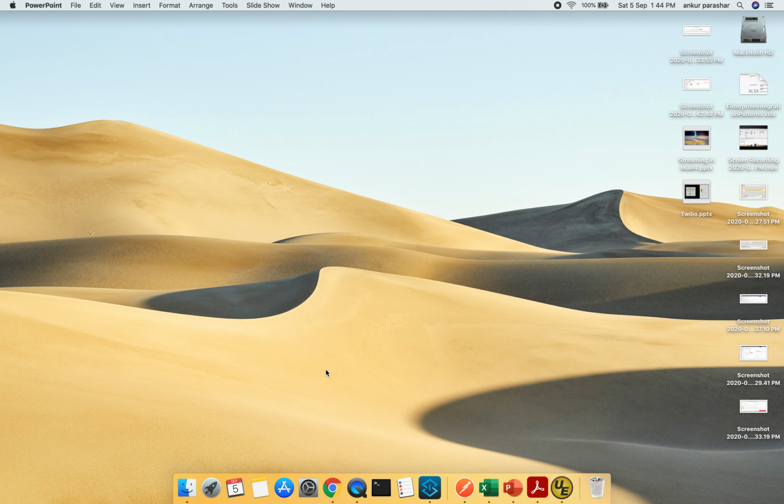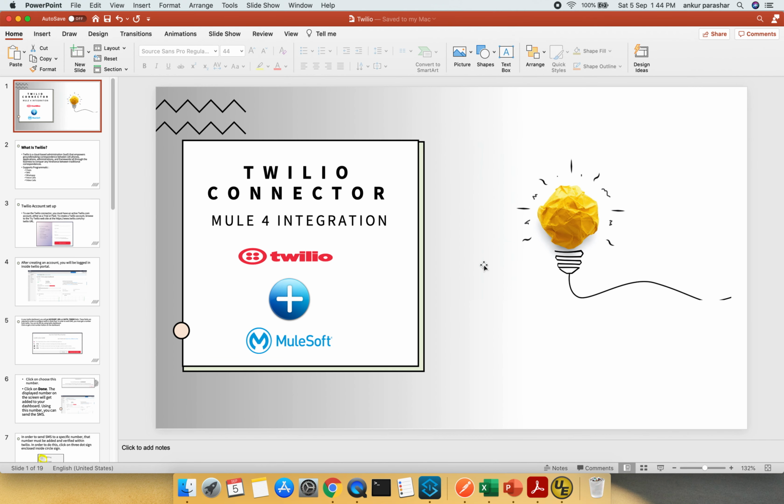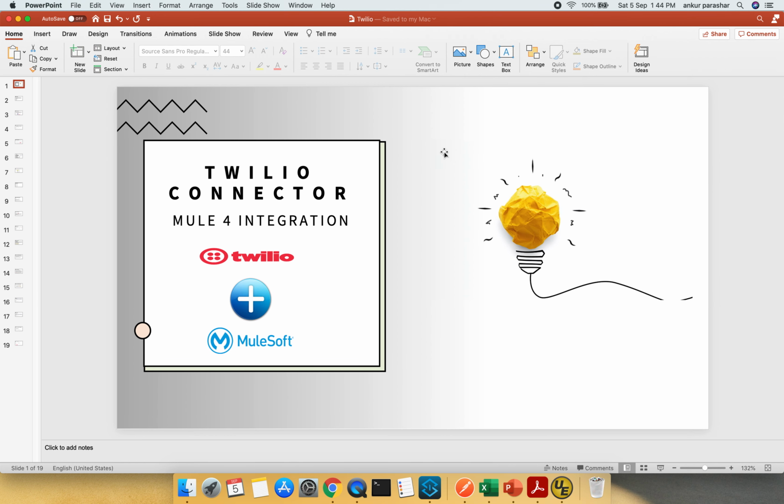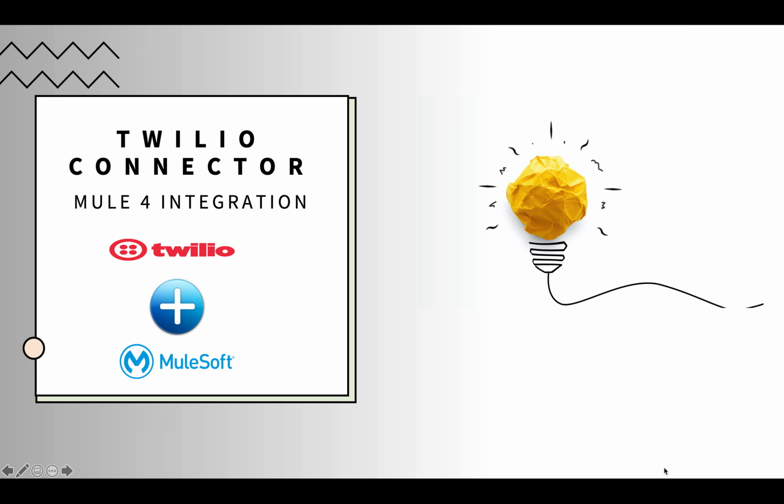So, without any further ado, let me start with a general concept building, and after that, we will jump to the use cases. So, this is going to be a multi session of Twilio. So, stay tuned for the upcoming videos as well. I will be starting with the presentation first, and then we will deep dive into the use case. Okay, so let me go into the presentation mode.